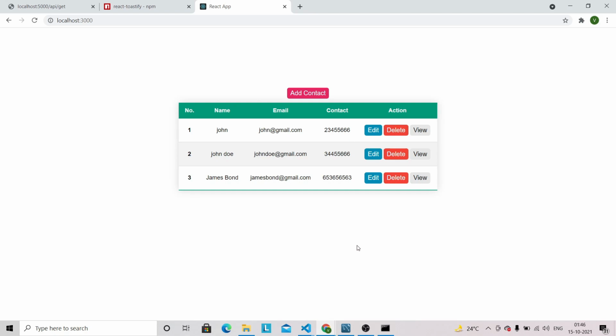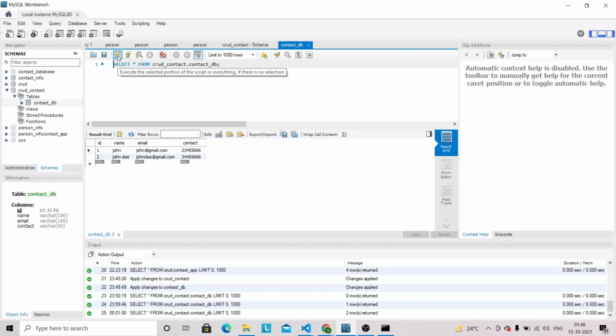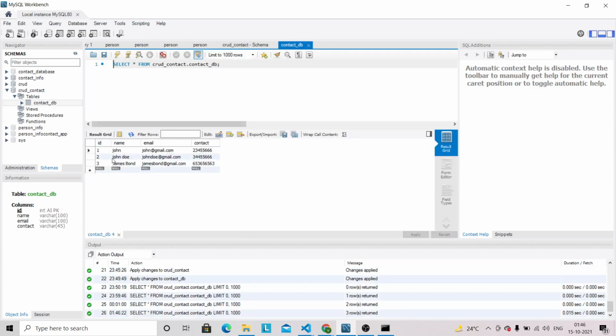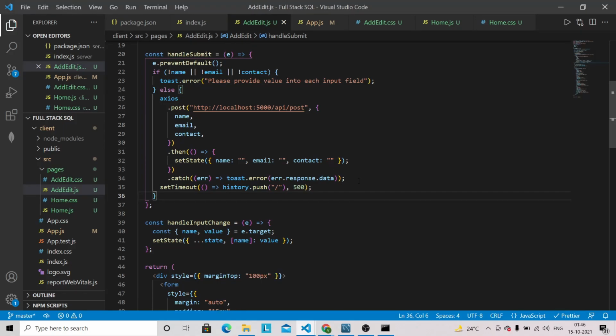And if you go back to the MySQL Workbench, you have to basically execute this one in order to see the updated data. So now you can see that we have got this James Bond, okay, with name, email and contact. And we have missed one more thing here. So what we have missed is that we have to basically add one toast notification.